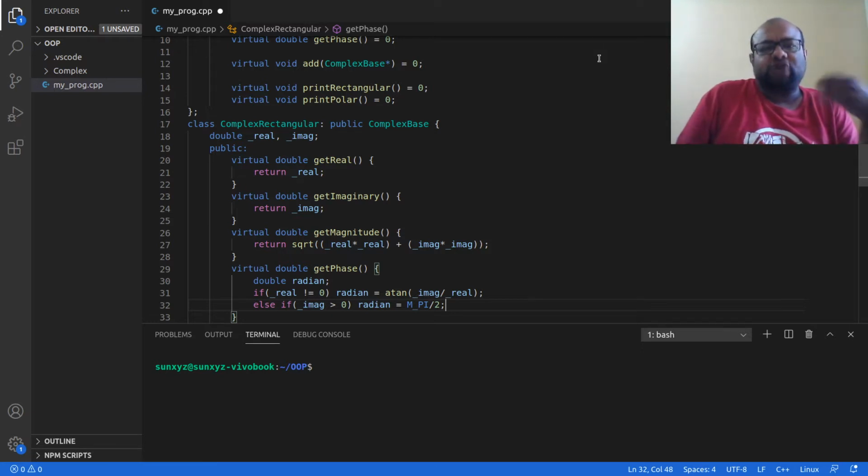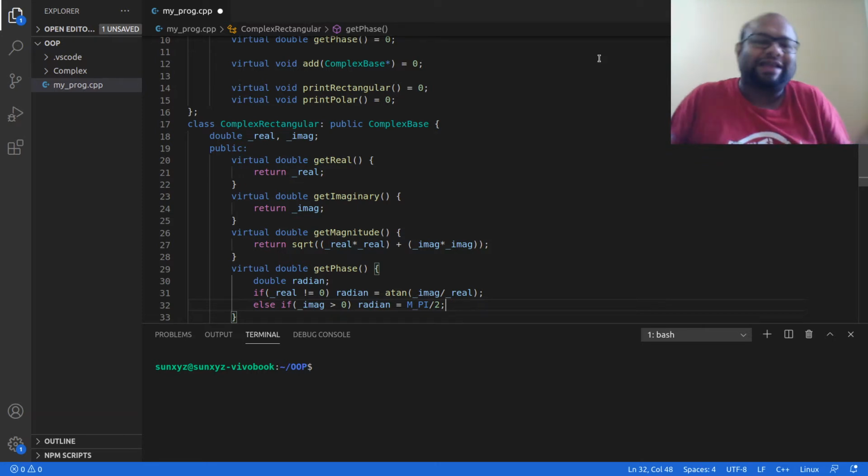Okay, so how much precision can my computer handle? Of course, pi, I cannot, under no circumstance, write it with 100% precision, right? It has an infinite number of digits after this dot. It is an irrational number, and there is no way my computer can hold an infinitely long number. So there is only a limit up to which my computer can handle the precision of pi.